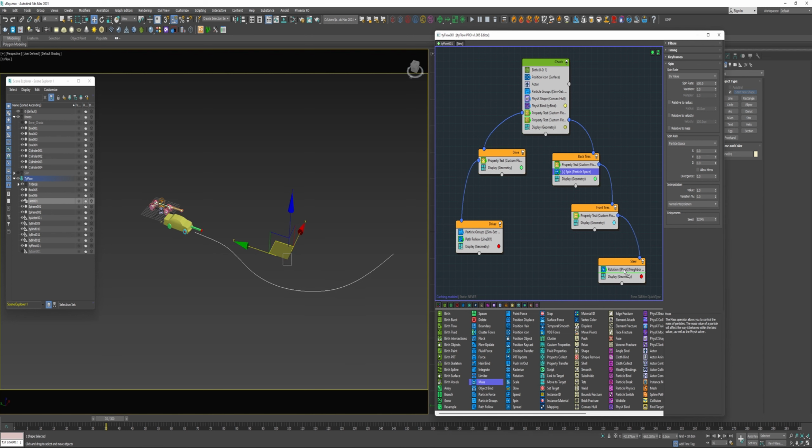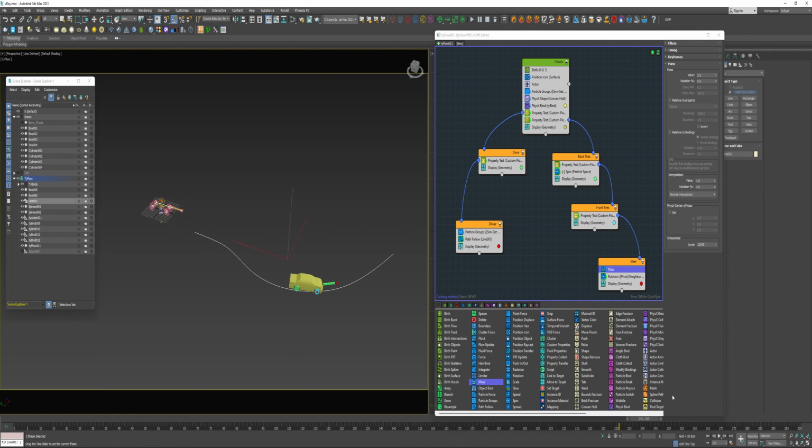Can add a mass operator into the steer event and give that a value of 3.5 or so. So if I scrub through this, turn it into something that I can have a lot of control over,